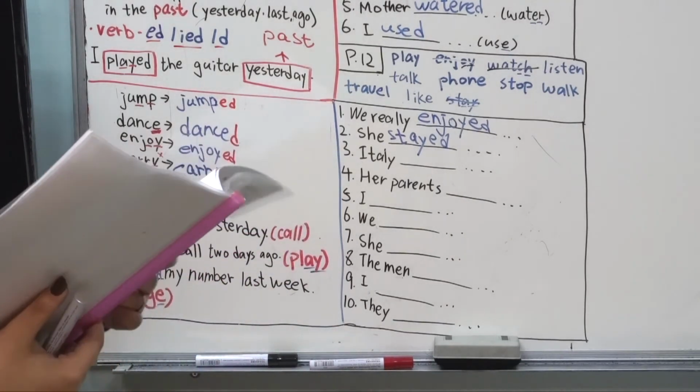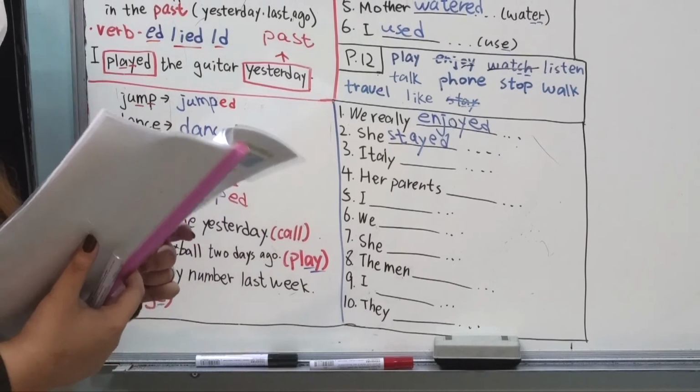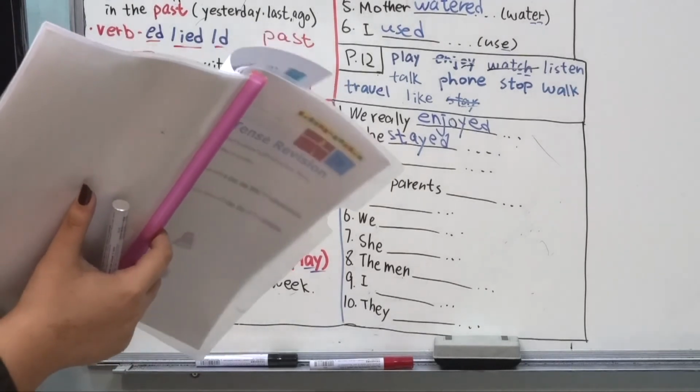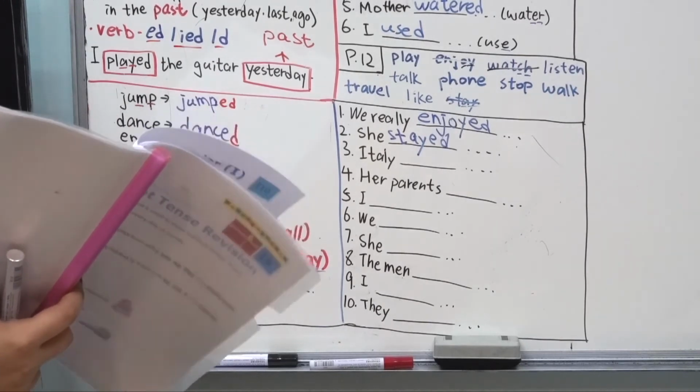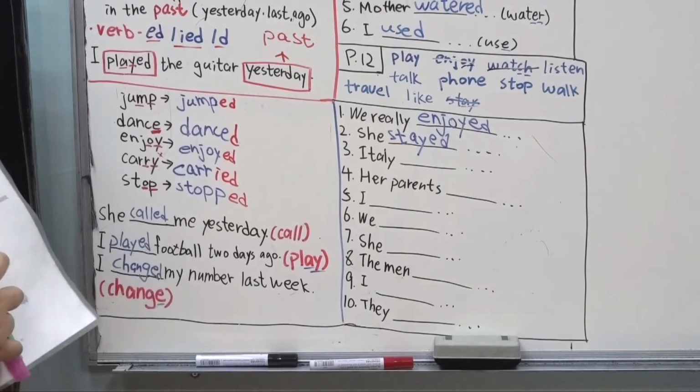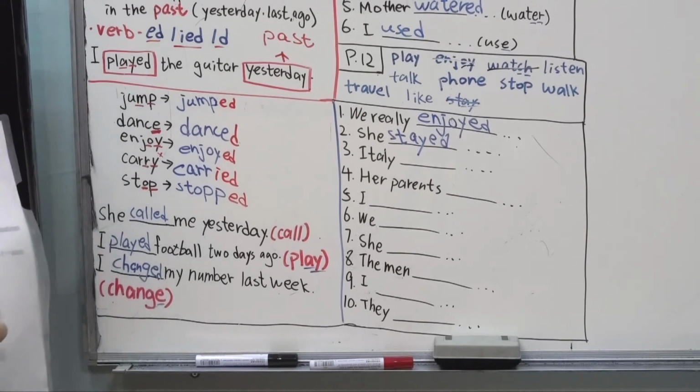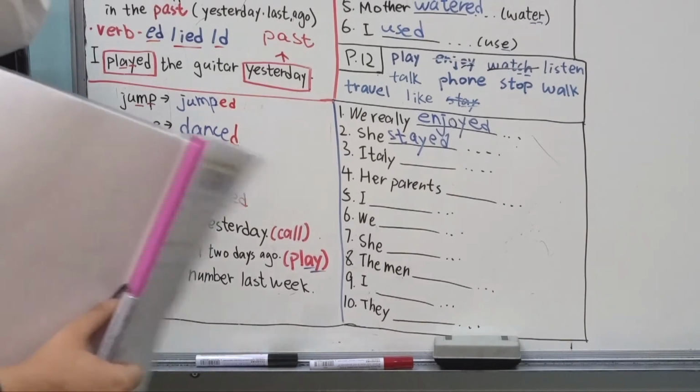Number 3. Italy what very well in the last World Cup. Do you know what is World Cup? World Cup is a match. I think it is a football match if I remember. Yeah? So,